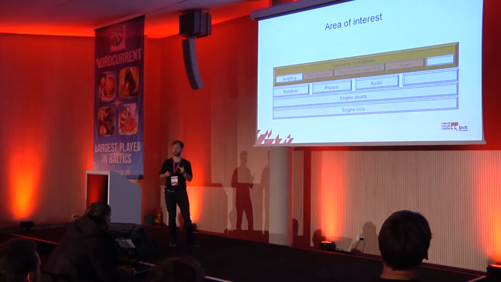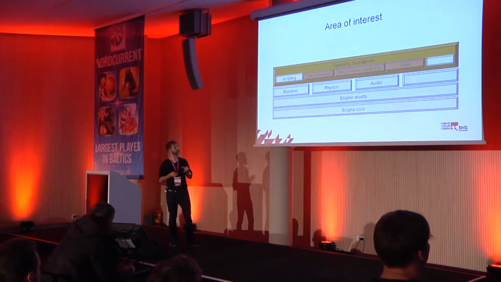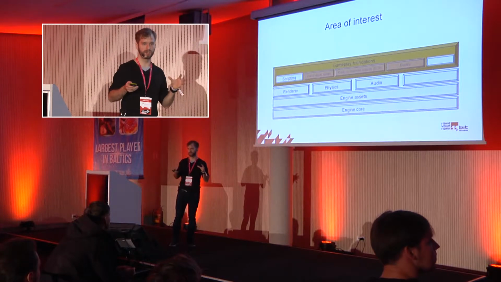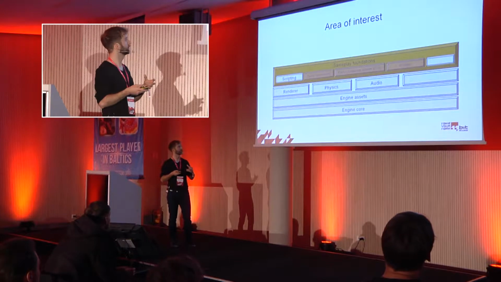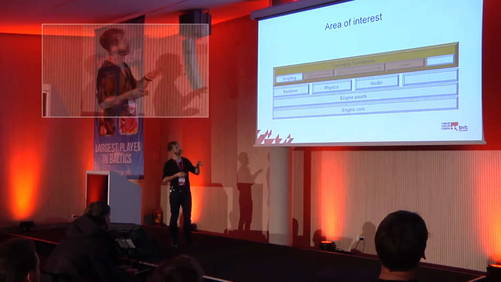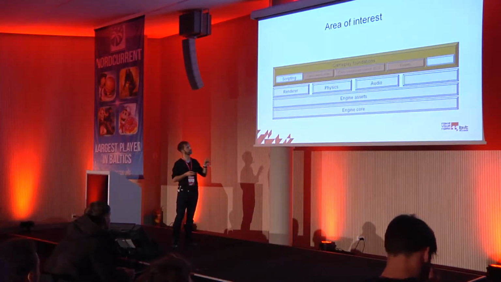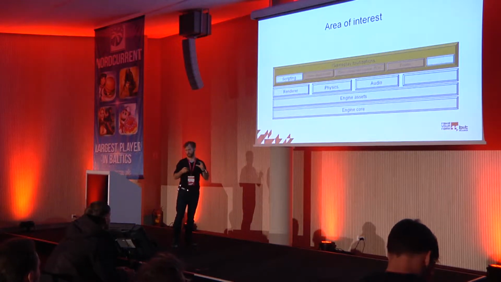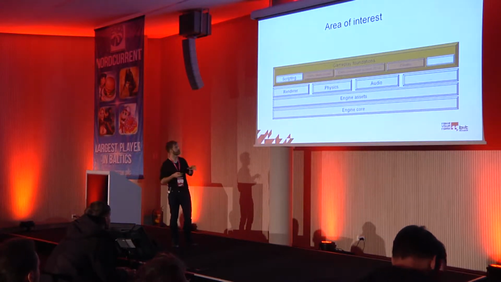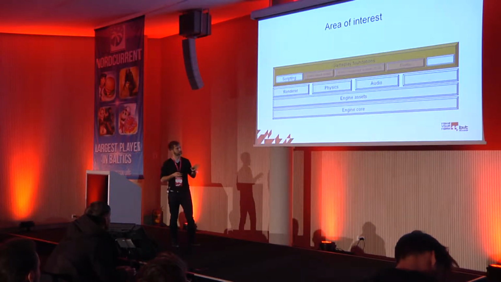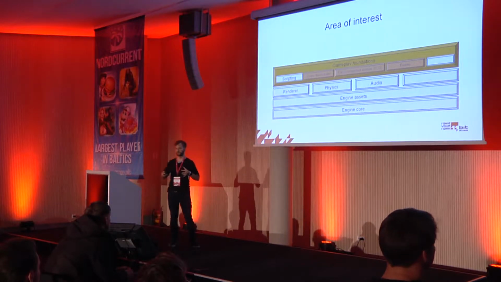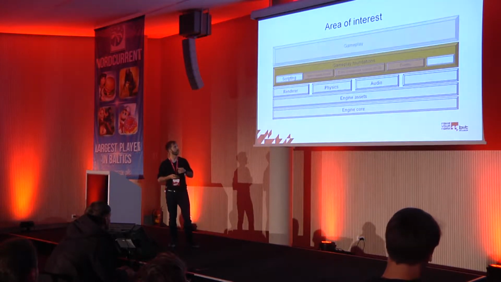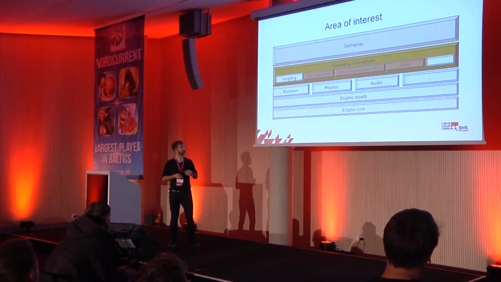Sometimes people call this gameplay foundations. It is the supportive layer of the engine that is used by gameplay programmers to program their game or prototype it as fast as possible. In this area we'll have scripting, the game object model, so the base representation of every entity in the game, the entity component system that we'll talk about later, and something that I call events. We use events for communicating in our game. And on top of that, of course, we build the gameplay.